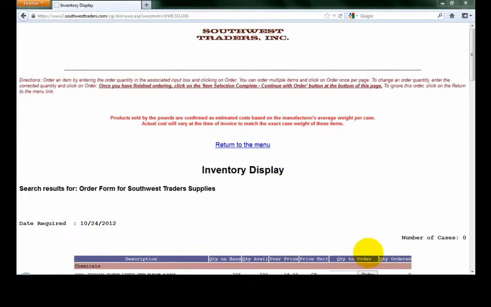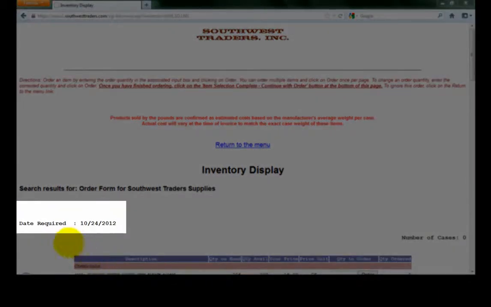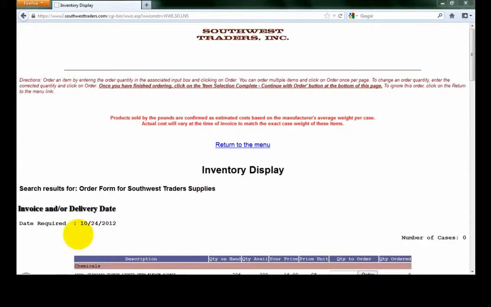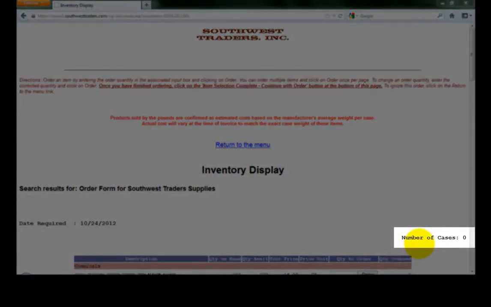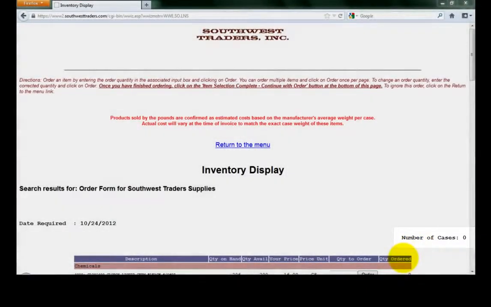Now when the next page appears, you're going to see numerous bits of information. On the left side, you're going to see the date required, which is your invoice and/or delivery date for this order that we're going to be placing here. On the right side, you're going to see number of cases, which, when we go through and place our order, will total up the number of cases that we're placing on this order. If you scroll down,